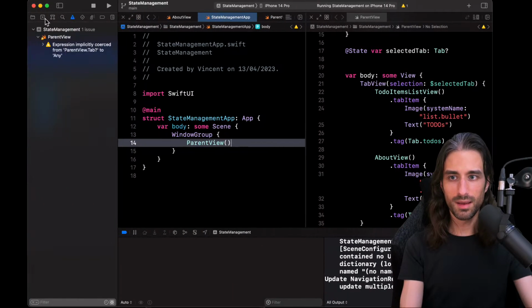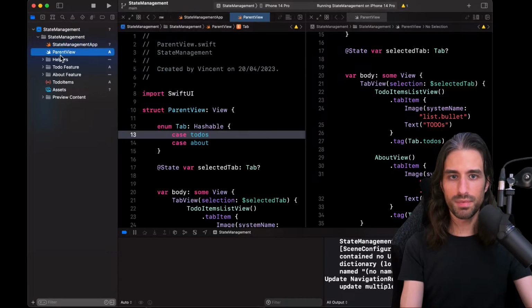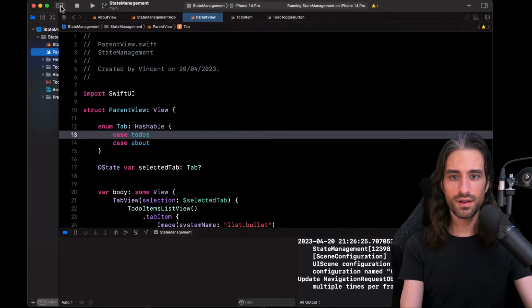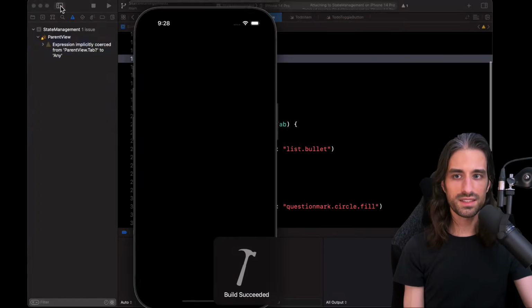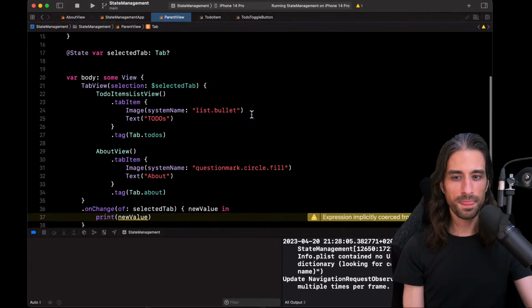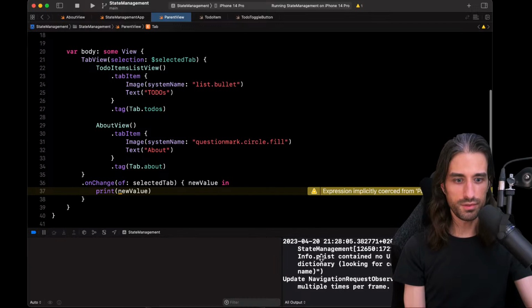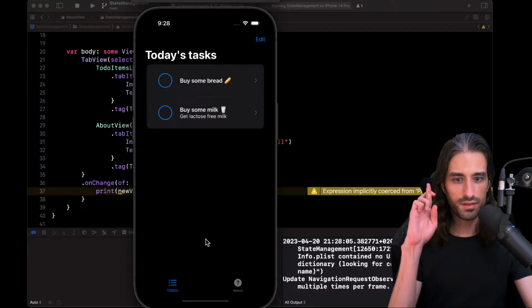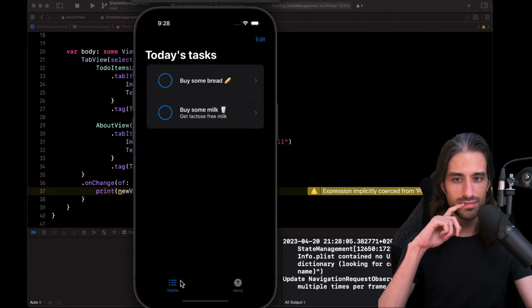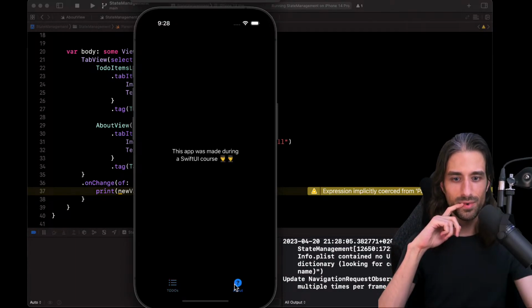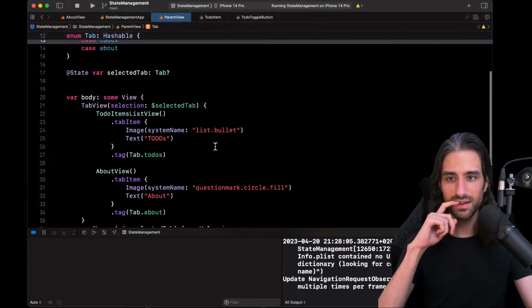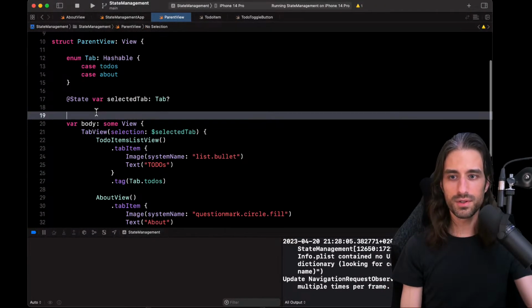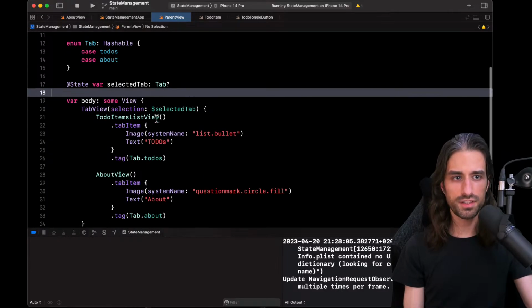This builds. I'm going to go back to the parent view in full screen, will be better. All right, now let's relaunch the app. And this time, if it doesn't work, I have no idea what's the reason. So let's see. Fingers crossed. We still see nothing in the console. This is terrible because I have the tab view here. I have the add state property.